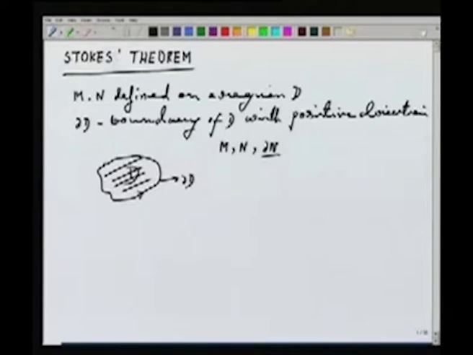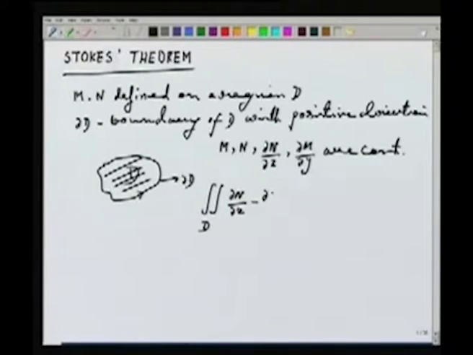Now if I have further conditions on M and N such that M, N and the partial derivatives ∂N/∂x, ∂M/∂y are continuous, then Green's theorem tells us that the double integral over D of ∂N/∂x minus ∂M/∂y dx dy is the integral over ∂D of M dx plus N dy,